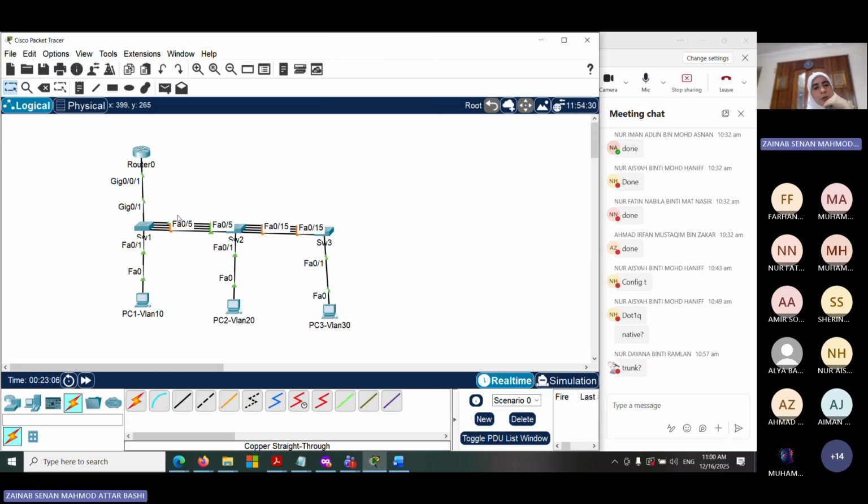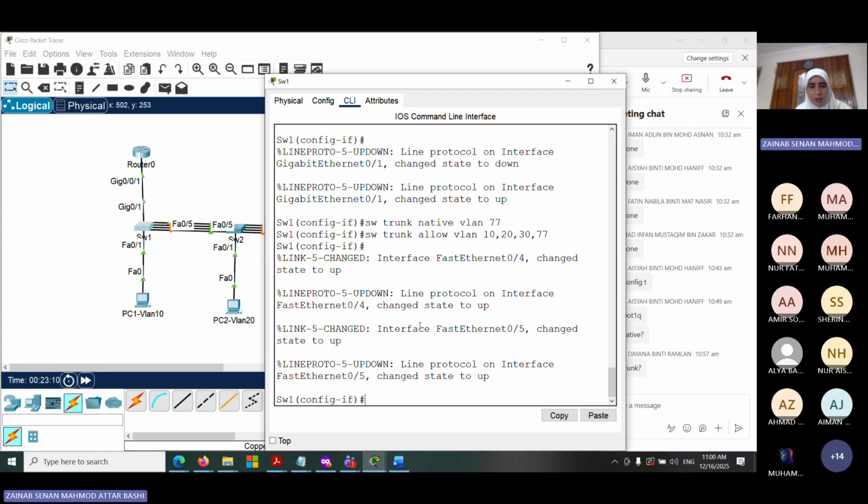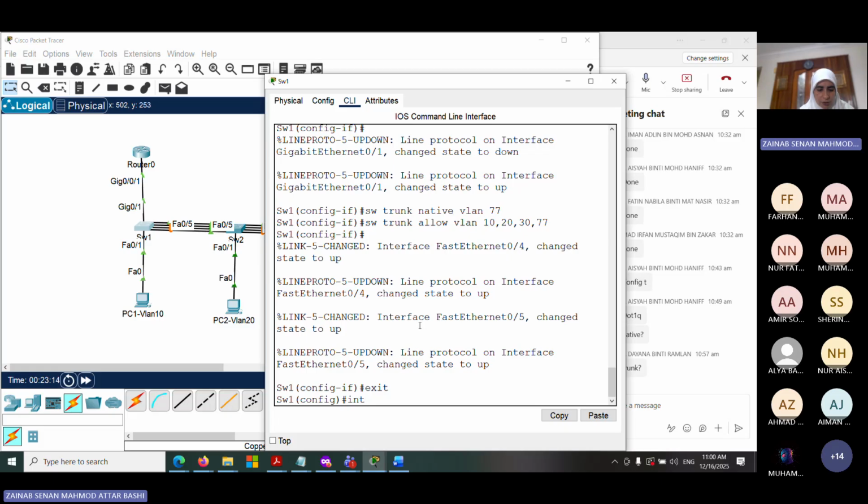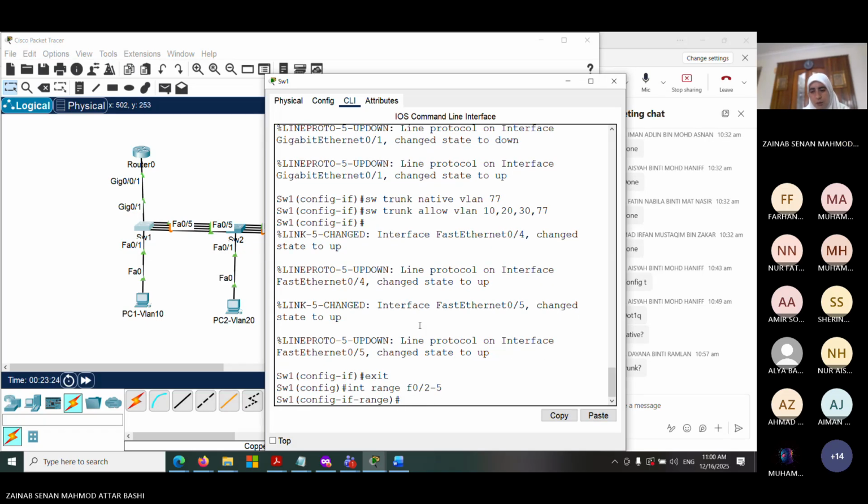Okay. Now I will do the EtherChannel. In switch 1, I'll create the EtherChannel. How to create it? I'll go to interface range. This is the only thing that would change here. Instead of writing F0, 2 to 3, it will be 2 to 5. That's the only change. The rest of it is the same. So 2 to 5,